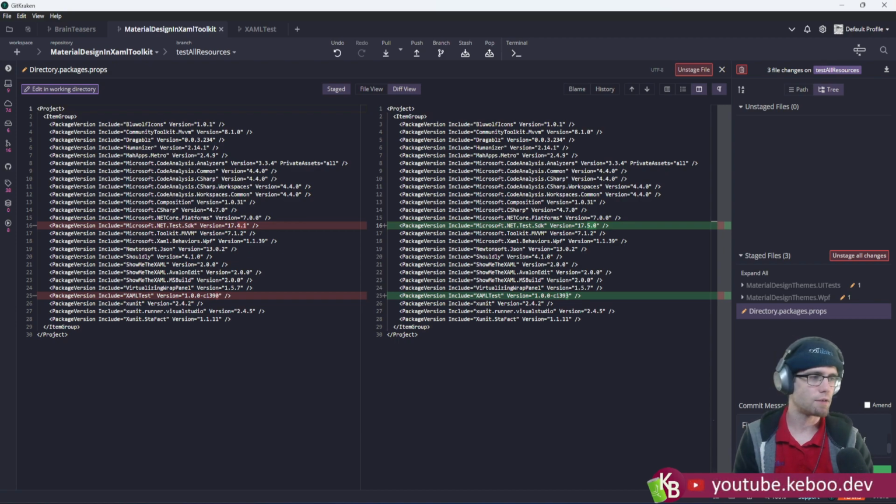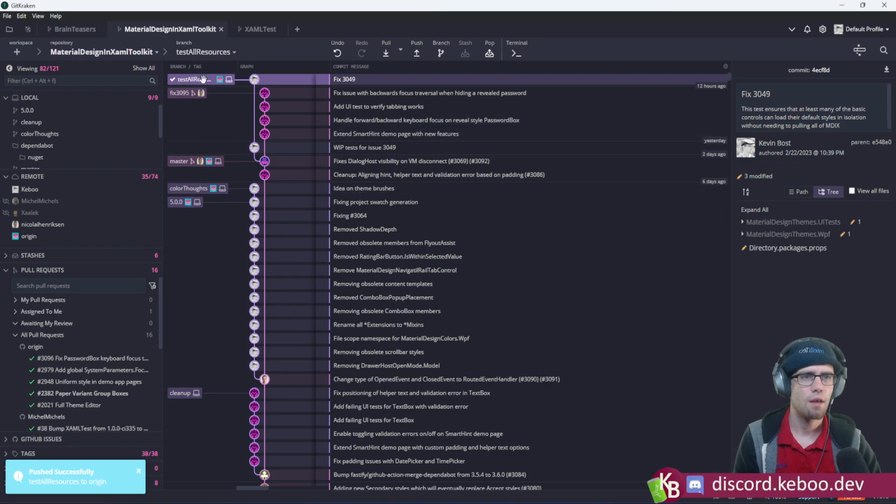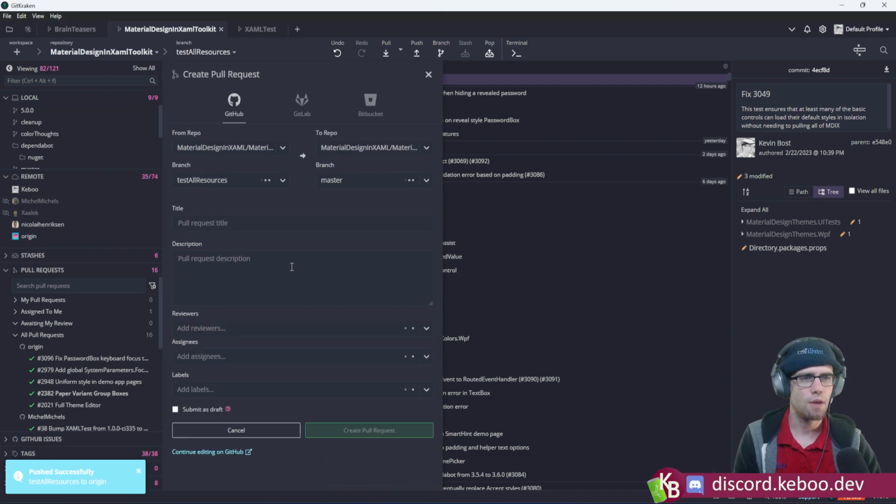MDIX is spelled MDIX, not MDIC. Okay, so do that, push, and then we're going to drag there to there, start pull request, start pull request to mine, and then